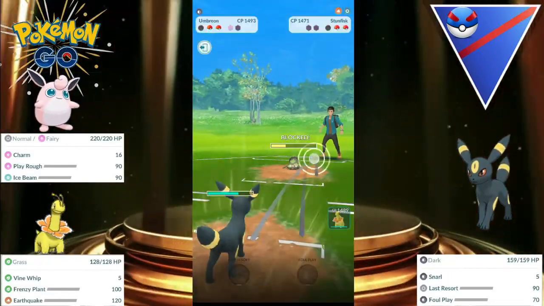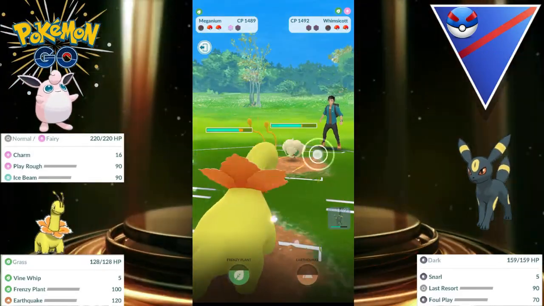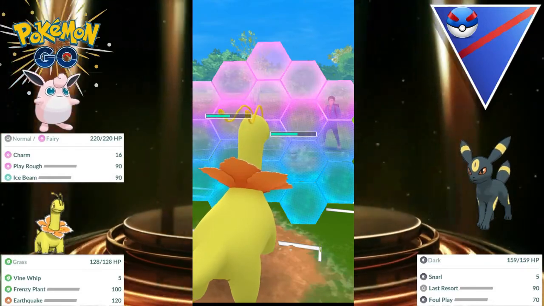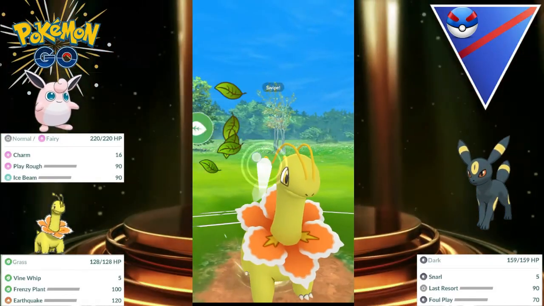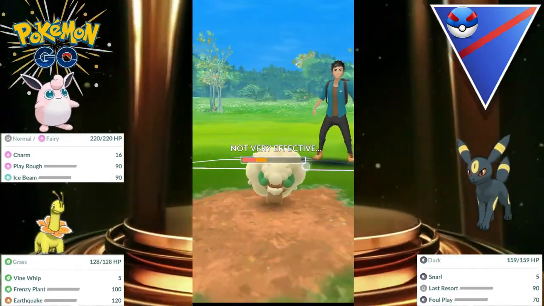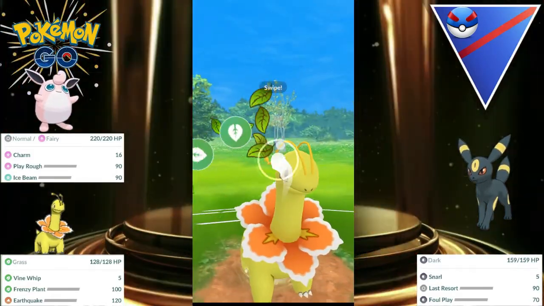We do get the last shield off the opponent there, guys. They switch into Whimsicott, so we'll switch straight into our Meganium, which is a much better option. We'll definitely throw up the shield here, guys, because we don't want our Umbreon facing off against this Whimsicott. Go straight for the Frenzy Plant, does a massive chunk of damage on the Whimsicott, and we do manage to get to another one here,